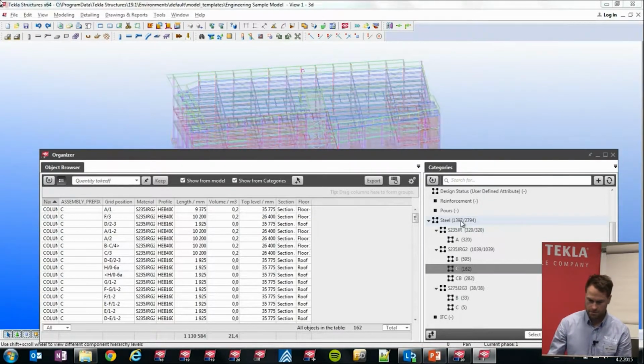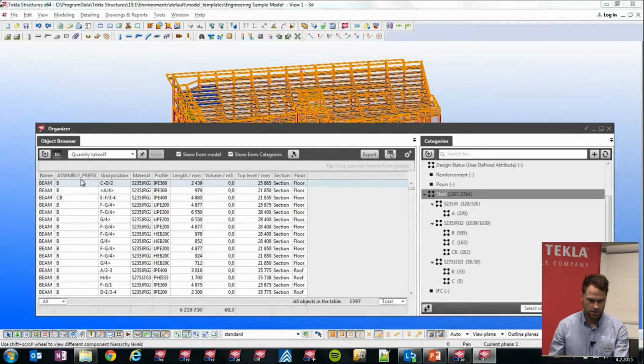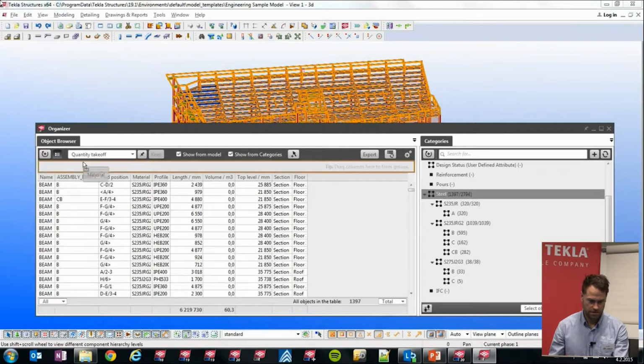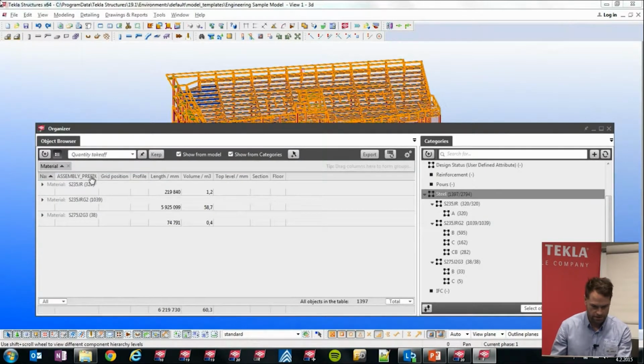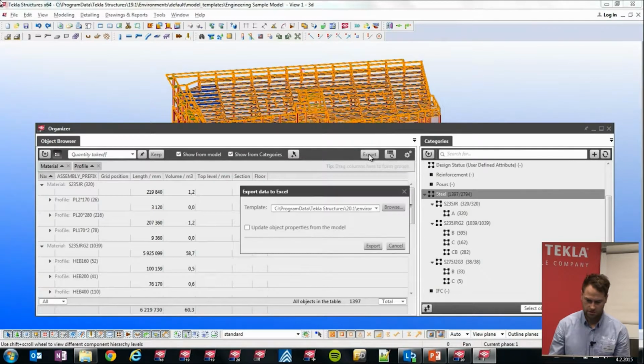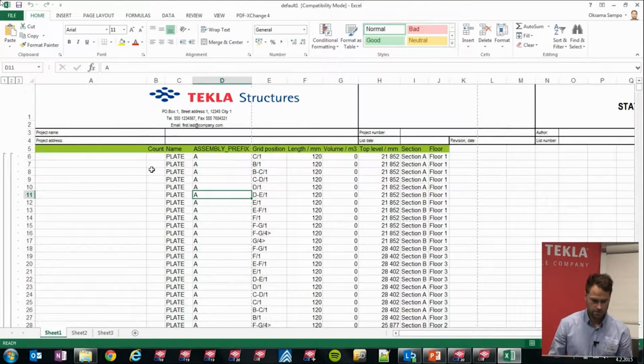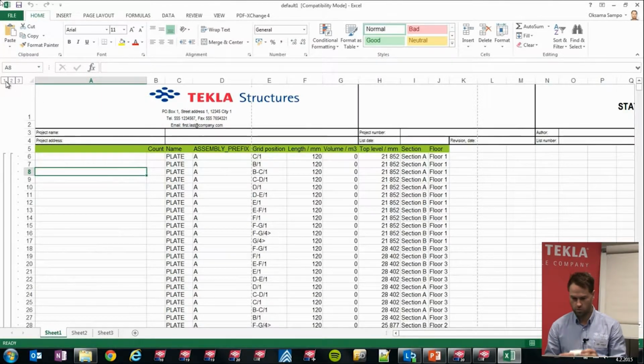Also, if I check the whole steel structure and want to do some kind of grouping, like I already showed, let's do another one. Let's use the profile, so material and profile, and we want to export this to Excel. We want to do some additional calculations and formulas, so we can just press export to Excel, and it will import all the information, all the quantities